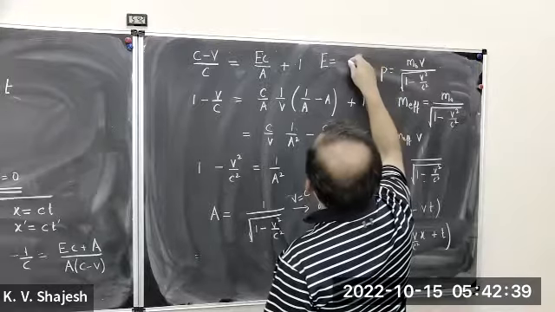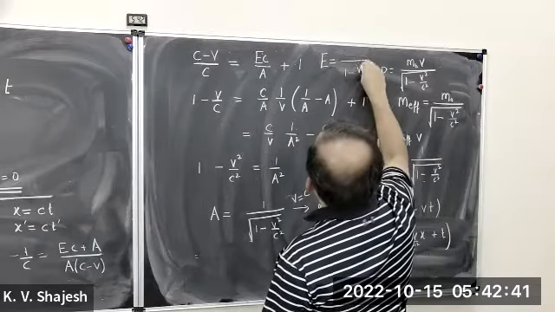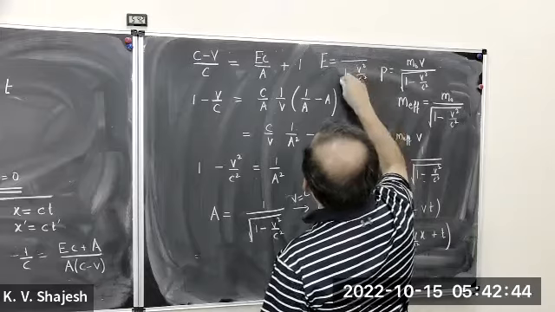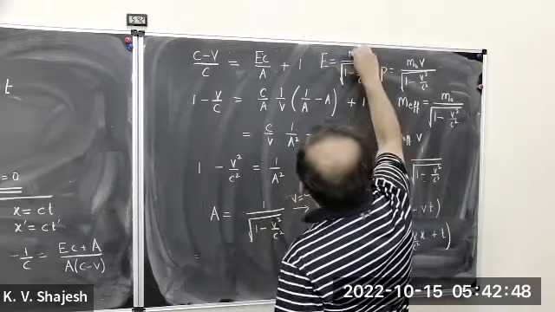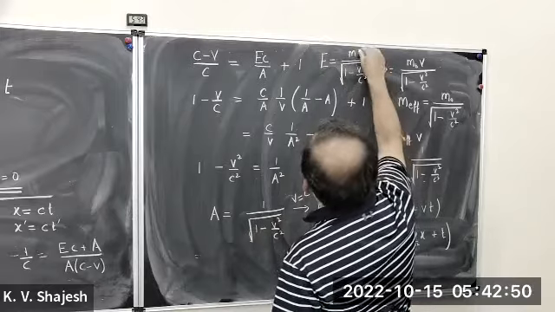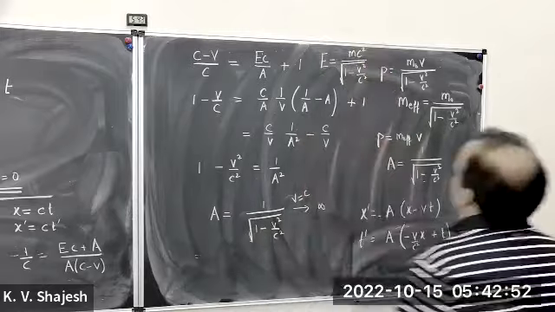So the energy will be equal to M naught C squared divided by the square root of 1 minus V squared over C squared. Yes, this is it, where that is M naught. Now, of course, this expression will not help us if one wonders about the energy of a relativistic particle which is moving with velocity of light.